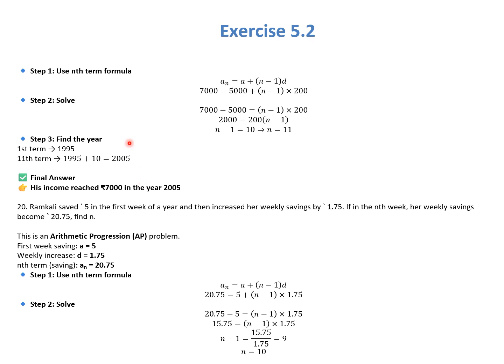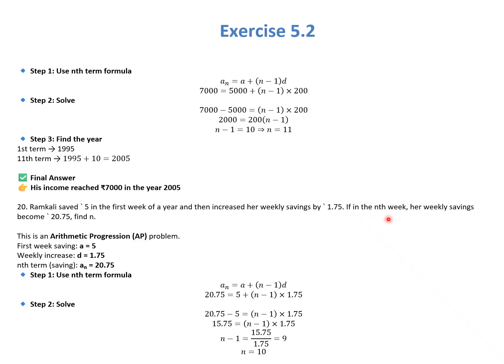So he is already in the first year, which is 5,000, which is a, and then 11 minus 1, which is equal to 10d. So in the 10th year from this year, which is 1995, his income would be 7,000 rupees. Ramkali saved 5 rupees in the first week of the year and then increased her weekly saving by rupees